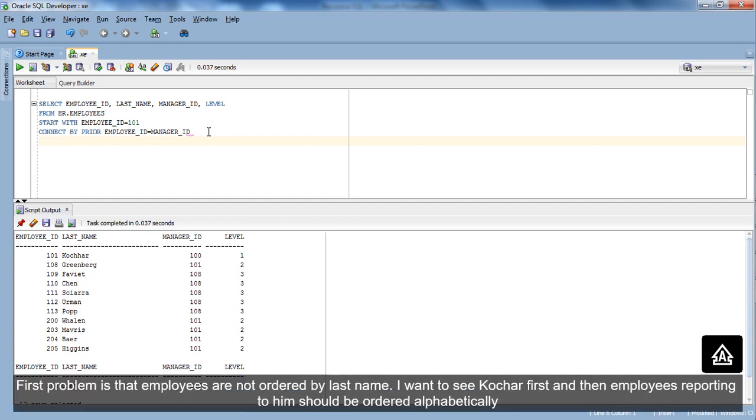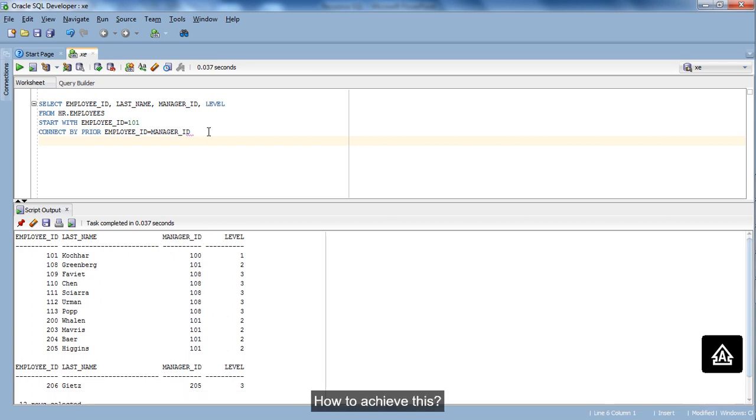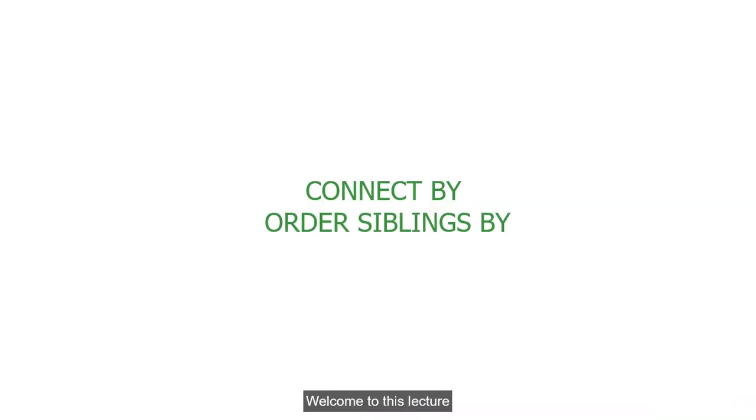First problem is that employees are not ordered by their last name. I want to see Kochar first, then employees reporting to him ordered by last name. Also, employees reporting to Greenberg should be shown just after him and should be ordered. How to achieve this?